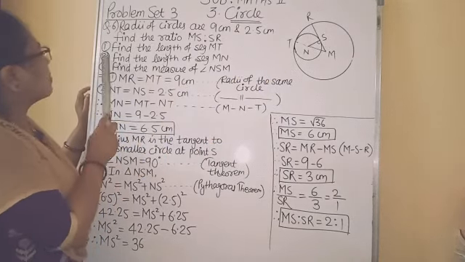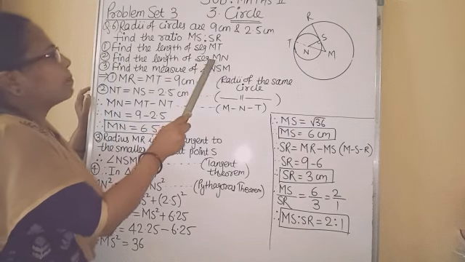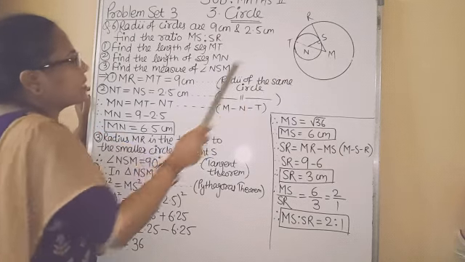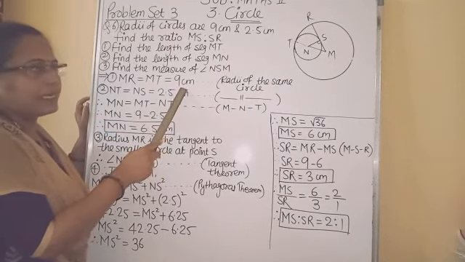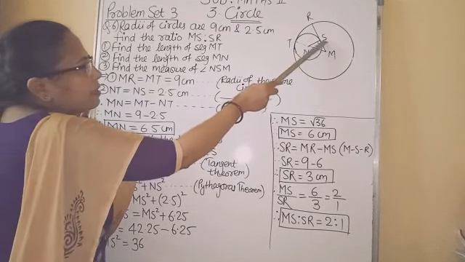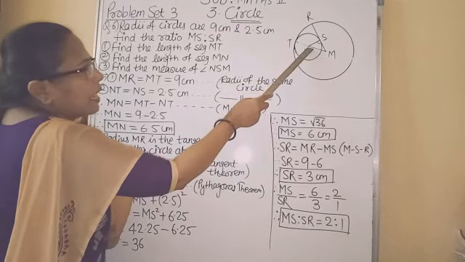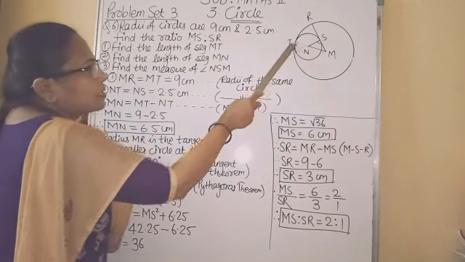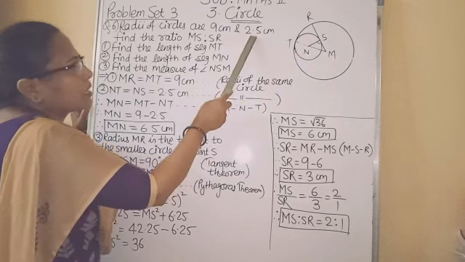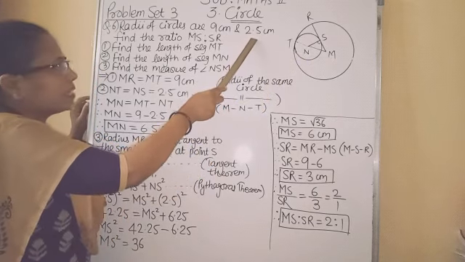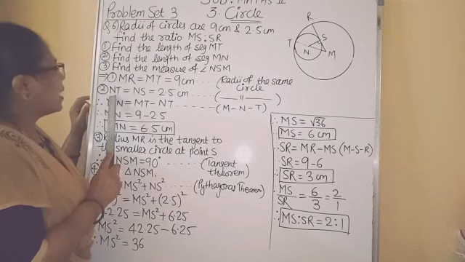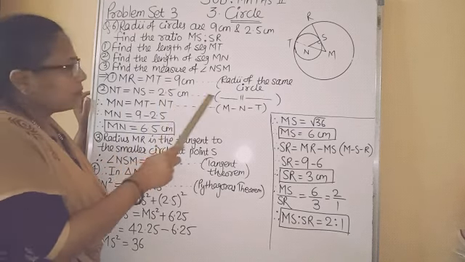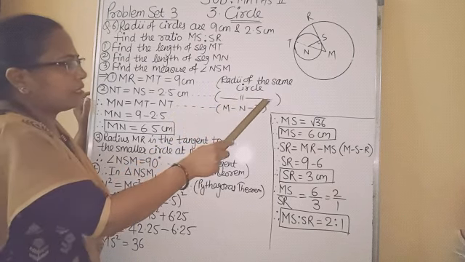Okay. Now second step, find the length of segment MN. We have to find segment MN. Segment MT we just now found out, it is 9 cm. Now in this smaller circle, NT and NS, these two are radii of this smaller circle. And the radius of the smaller circle is given 2.5 cm. Therefore next step is NT equal to NS equal to 2.5 cm. Reason, same reason, radii of the same circle.